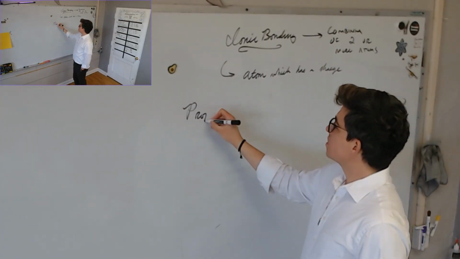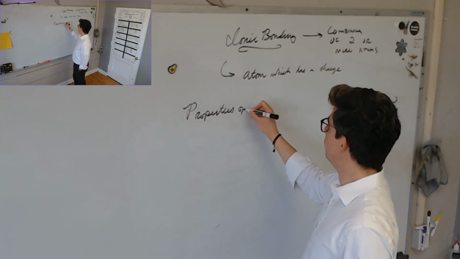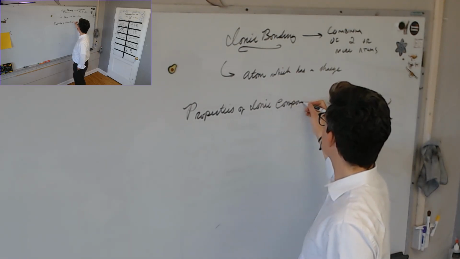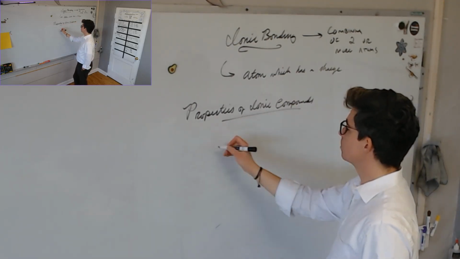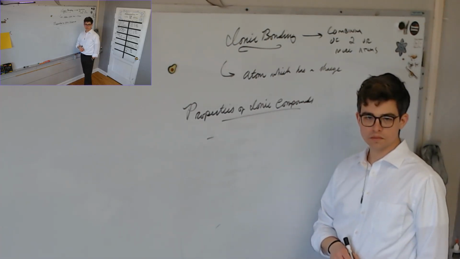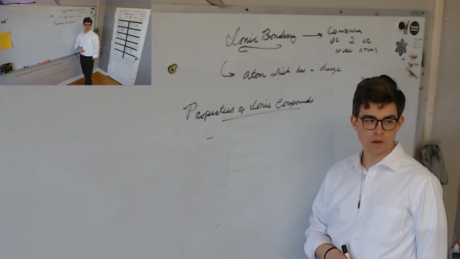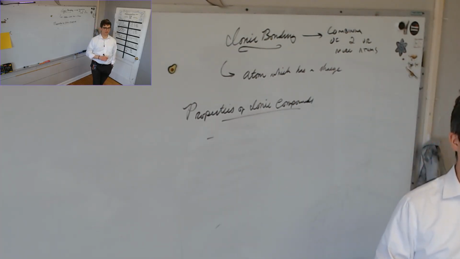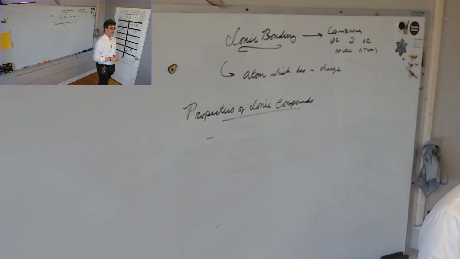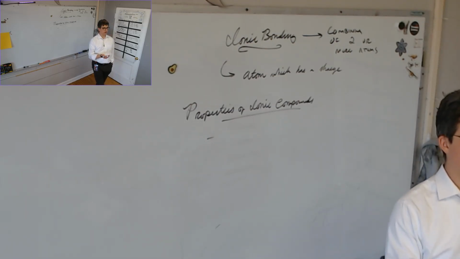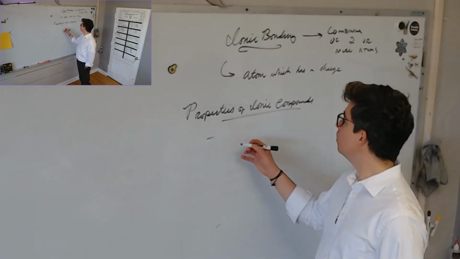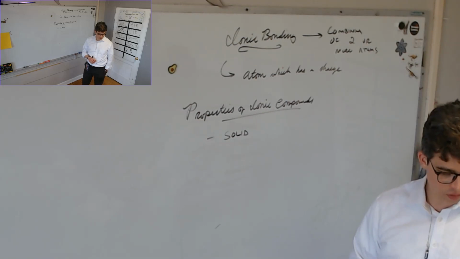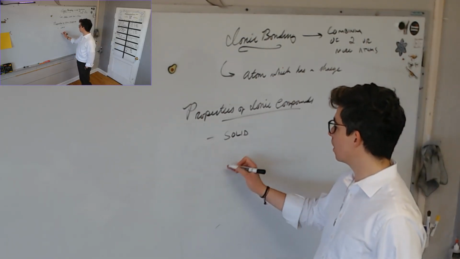Properties of ionic compounds. Give me some. You should have found some in your lab. Give me the ones from your lab, in fact, right now. More ions per unit volume? I don't think that's a property of ionic compounds in general. Calcium bromate, okay, that's an example of one. Let me help you on your way a little bit. Usually these things are solid. Usually the compounds themselves are solid at room temperature. Usually they are brittle